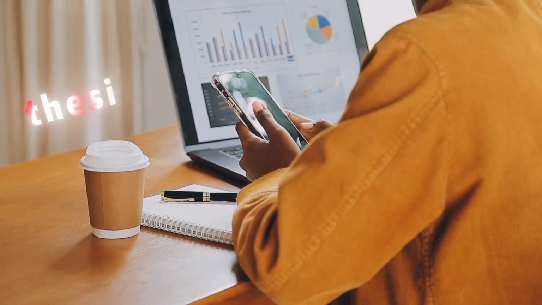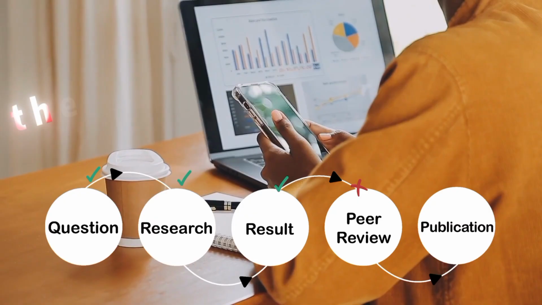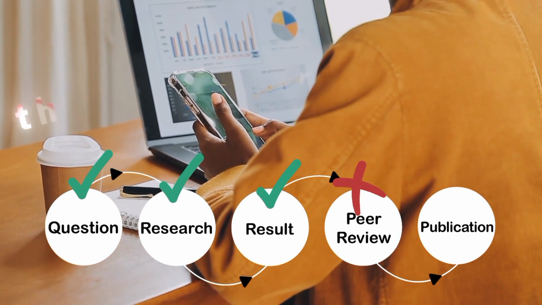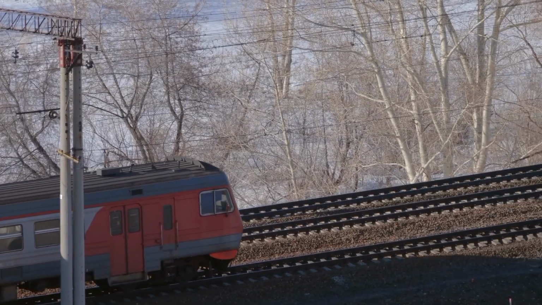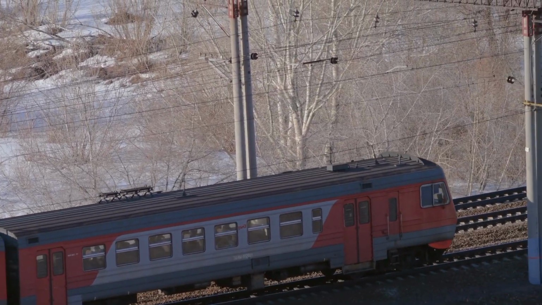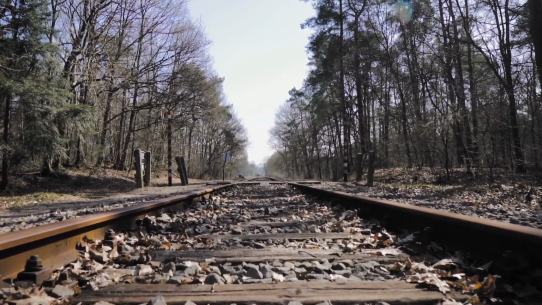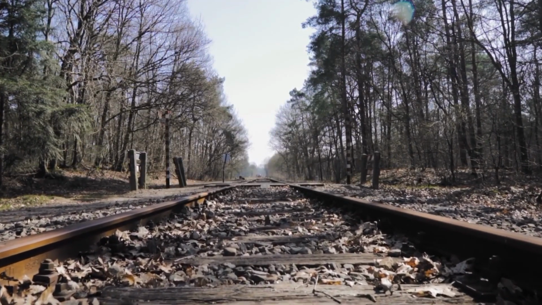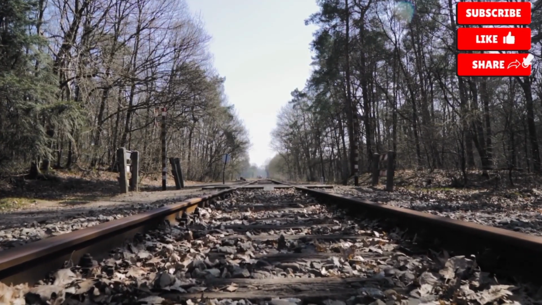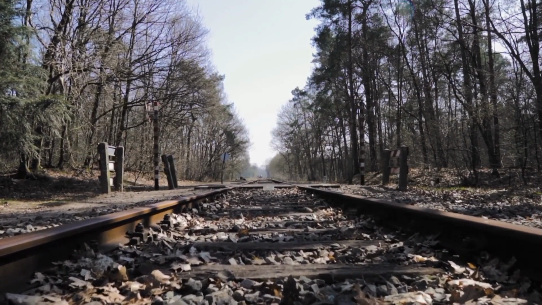For example, theses and dissertations, though valuable, do not go through all the stages required to enter the scientific literature, and therefore are classified as gray literature. Or imagine a railway organization conducting scientific and practical research to solve a problem with train tracks, but keeping the results internal without formally publishing them. Such findings may be highly credible and useful, but since they are not publicly accessible and not peer-reviewed, they remain part of the informal or gray literature.